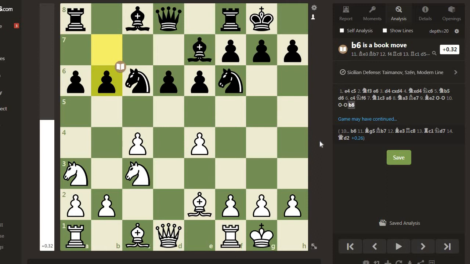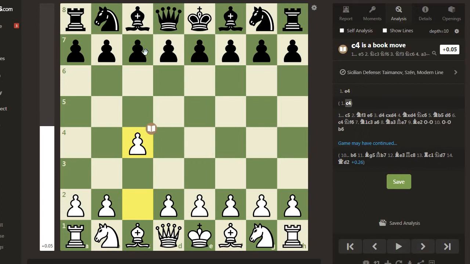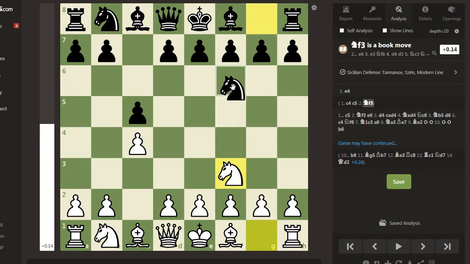The Hedgehog system occurs in different openings. The first is the Sicilian Defense. Then even in the English opening, it occurs in the English opening called the symmetrical one. Sometimes it occurs after c4 and then c5, then knight f3, knight f6, and knight c3,